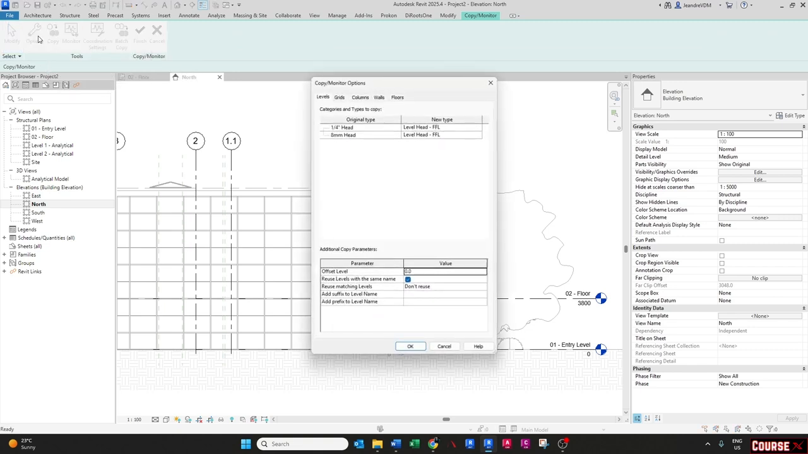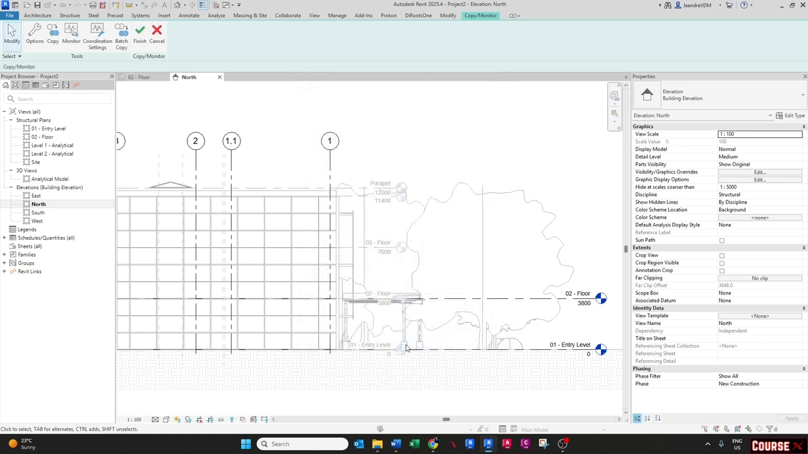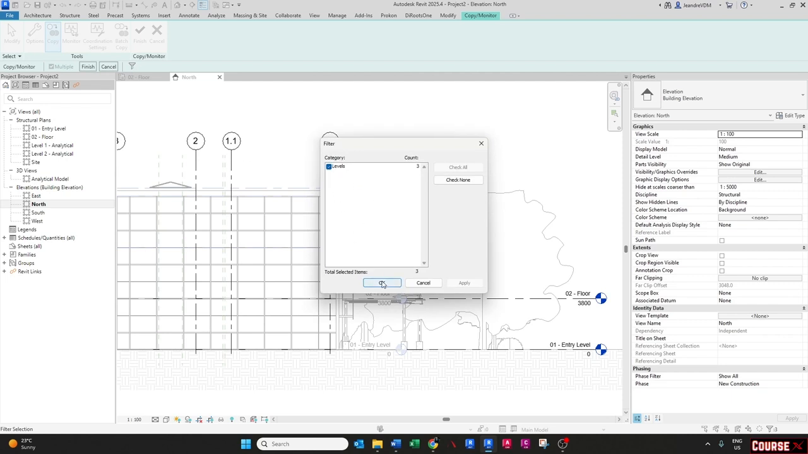Now we go to options, go to levels. You'll see the architect has two different levels or types of levels. So I just want to change this to the 8mm heads, both of them, and say OK. Then I'm going to say copy and select multiple. Then I'm going to highlight here and just make sure at the filter we just have the levels and say